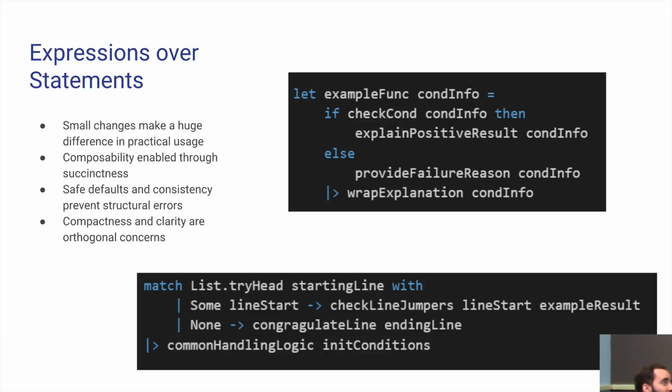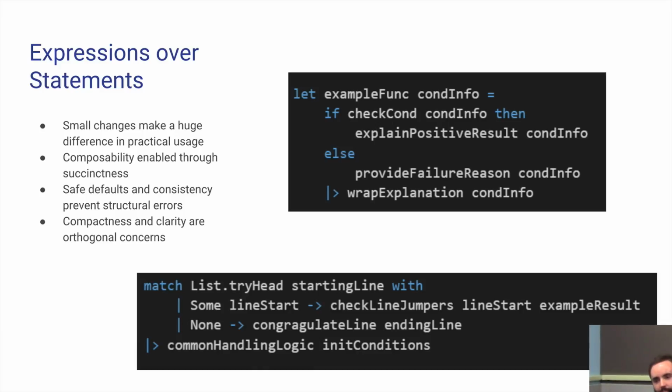And so if I had switched this statement where it was wrap compilation or wrap explanation cond info and then the statement, I would have to annotate the type of the statement return in order for it to figure out that that was the statement that's going into the function. So a lot of interesting things like that where the compiler, I mean, maybe you could think of it as lazy, but on the other hand, it forces you to make good design decisions when you're building your program.